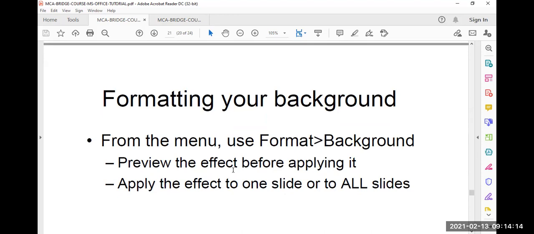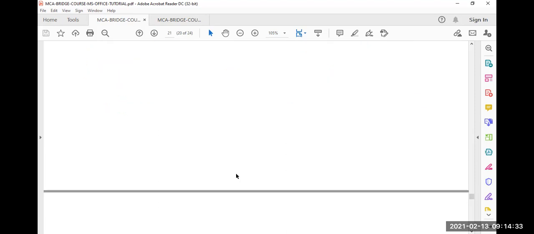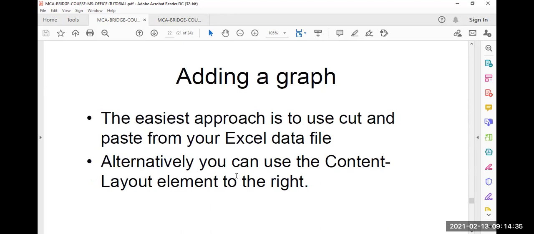Formatting your background: you can format your background appropriately as per the user requirement. That might be any particular color or any particular image, and we can apply the same background to all slides. That is also possible by using a single click. We can add the graph.